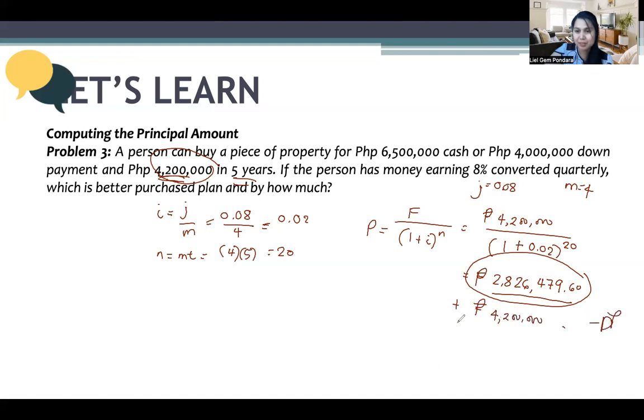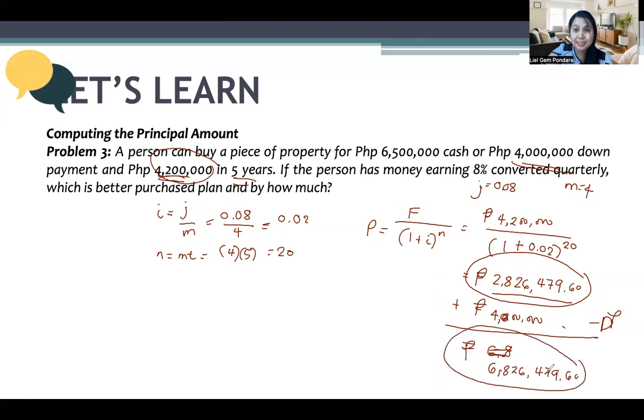So in all, you add all, that person paid the 4 million down payment plus the principal, 6,826,479.60,